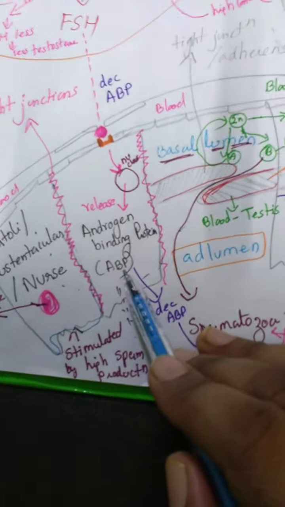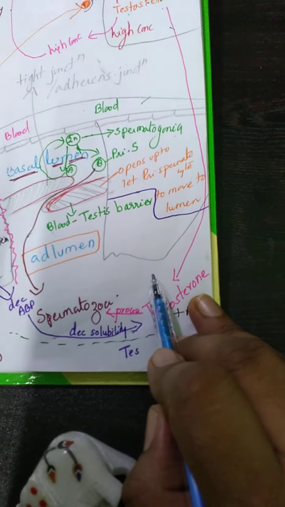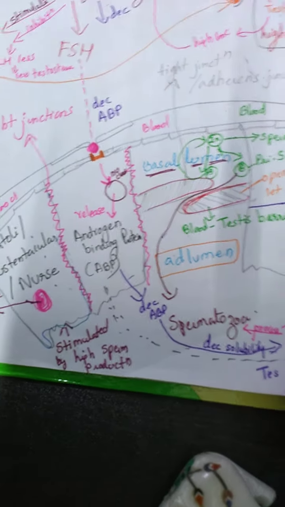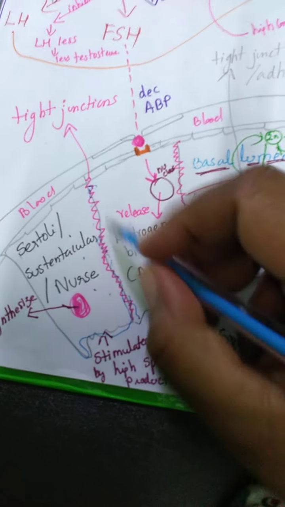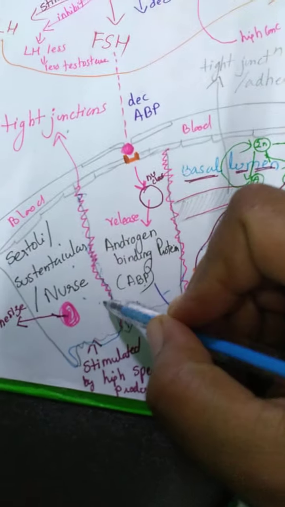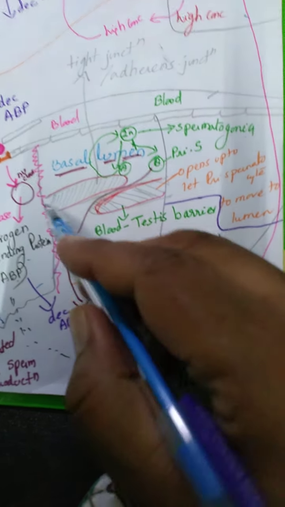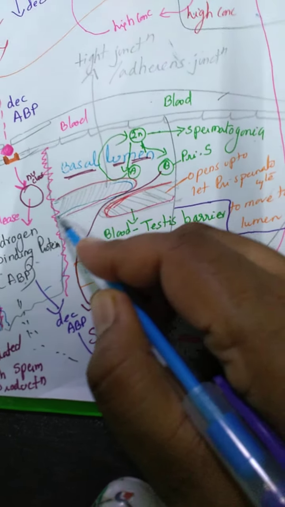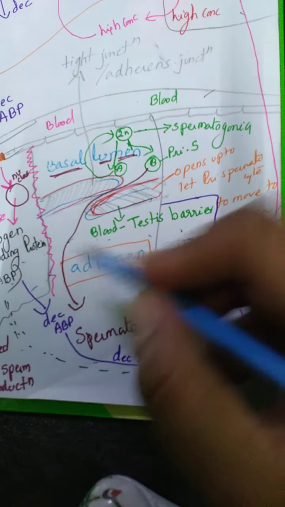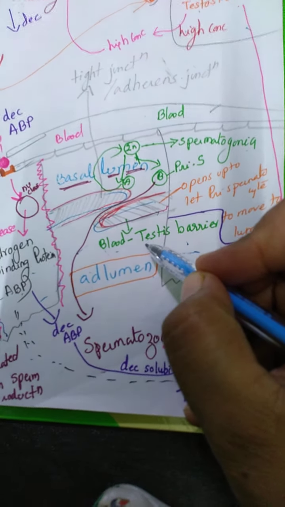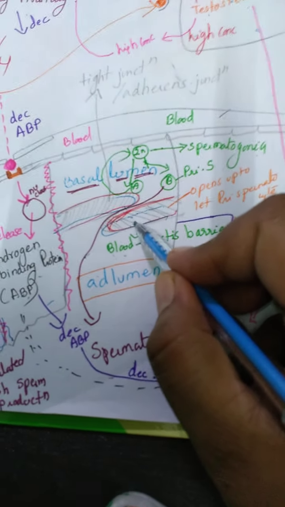They will be present next to each other, then there may be a gap, then they will be present again, in this particular arrangement. Joining them, they have a very tight junction which holds them together. Even when they have a gap between each other, you see they are connected in this manner. This is the blood testis barrier, which we had seen in the previous slide. So this is the barrier, and it can open up when required.